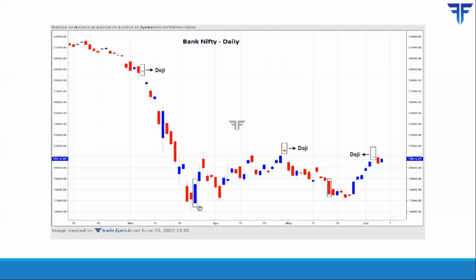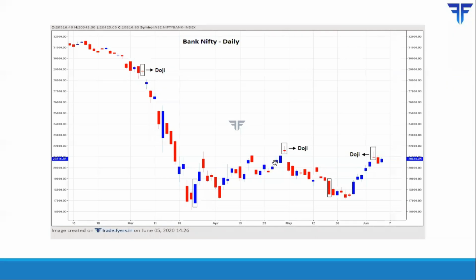Now, an interesting thing to note is that this downtrend ended with the appearance of a bullish belt hold line pattern, which you can also call a bullish Marubozu, because the close is not far away from the high. So you could either call it a bullish Marubozu or a bullish belt hold line. Either way, the appearance of this candle signaled an end to this downtrend. Then again, going forward, a doji formed over here after a minor rally in price, and the appearance of that doji signaled an end to this recovery.